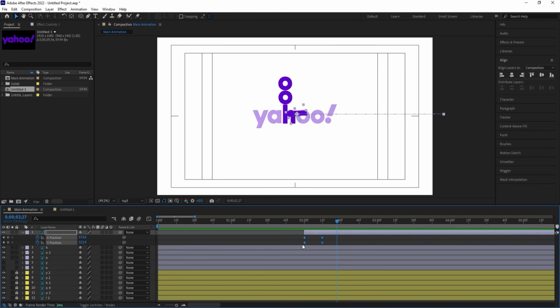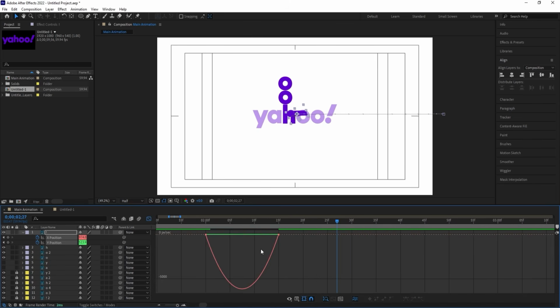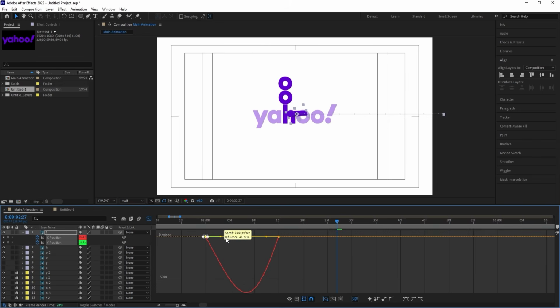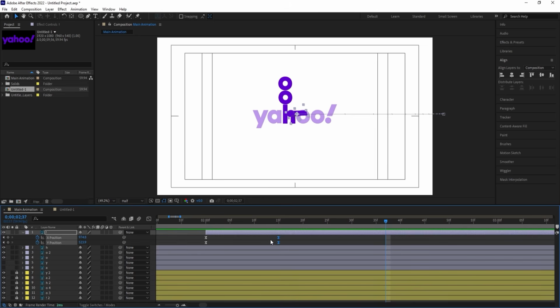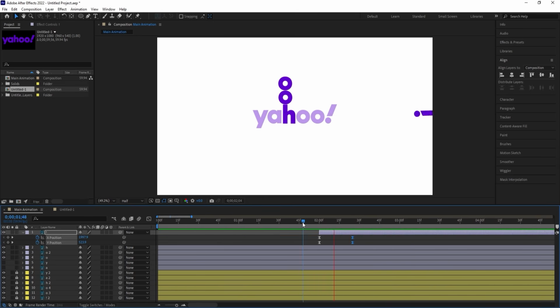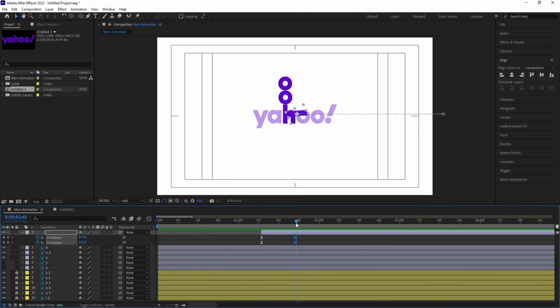Okay, let's select this and we will hit F9 and go to the graph, zoom in, select this graph. By holding shift, move one handle over here and move one handle over here, so it will look like it's colliding over here. Let's bring this keyframes over here like that. So first we will get this and then this. I think this animation should come at this point, and then after this what we can do is that we